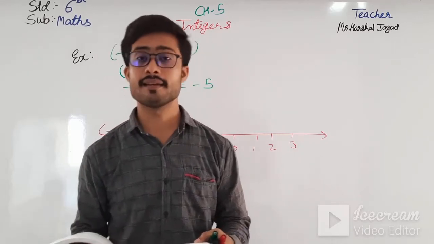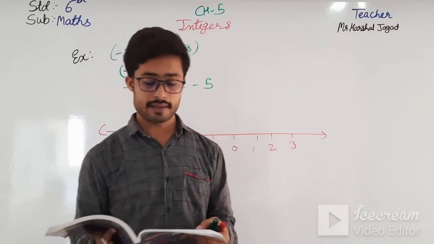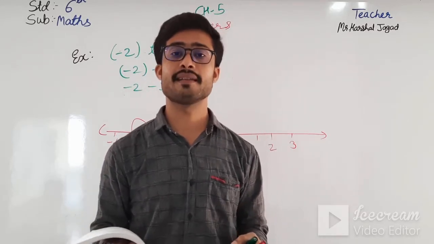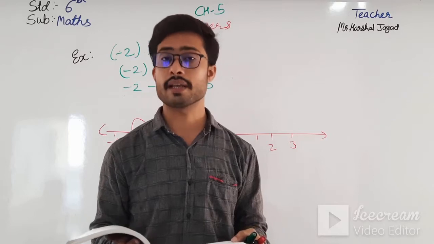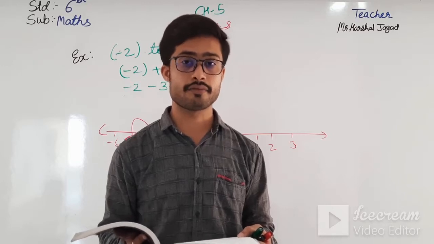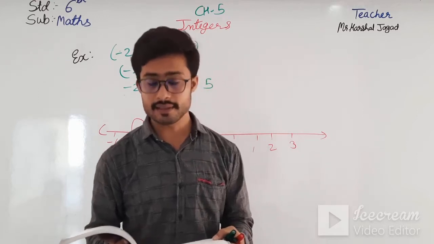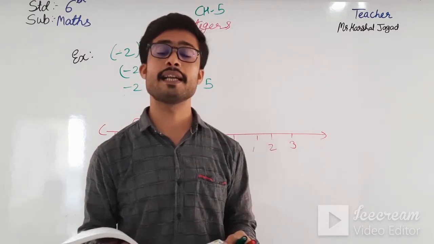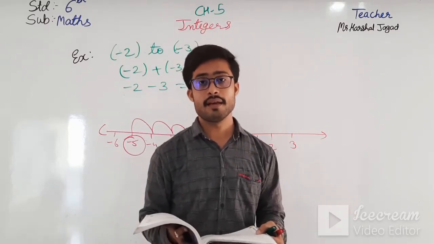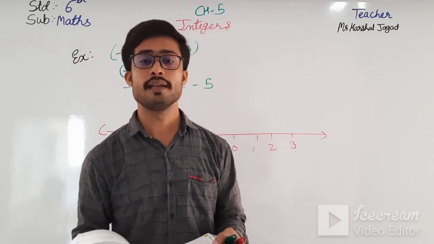B is -6 and -1. So -6 to 1 jump, that is -7, and O, that is 8 plus -8. So 8 minus 8, that is 0. First of all, you have to take a point at 8 and then take minus 8 jumps. So 8, 7, 6, 5, 4, 3, 2, 1, 0. It will be at 0. And here in P, that is minus 8 plus 8. So minus 8 to 8 jumps: minus 7, minus 6, minus 5, minus 4, minus 3, minus 2, minus 1, 0.